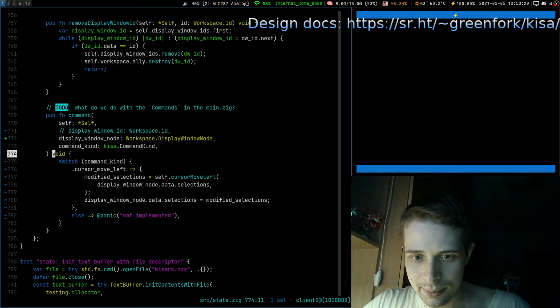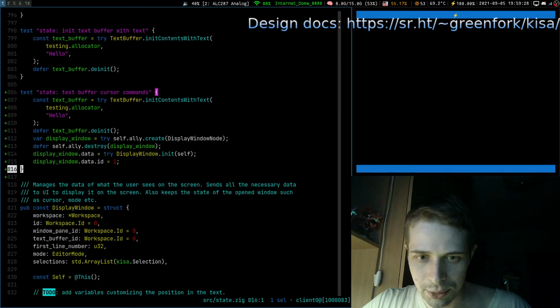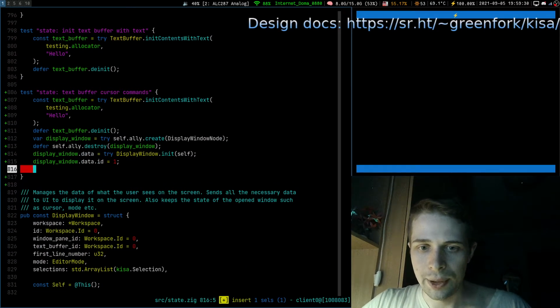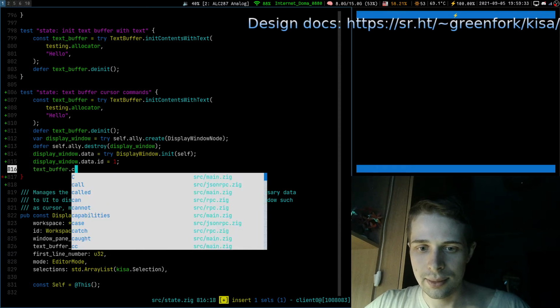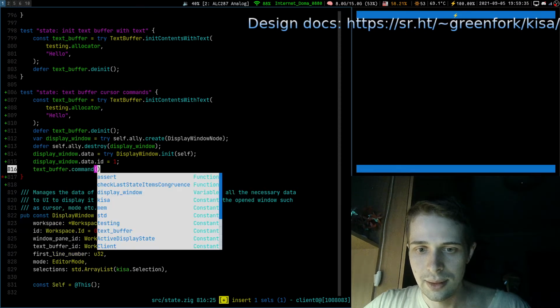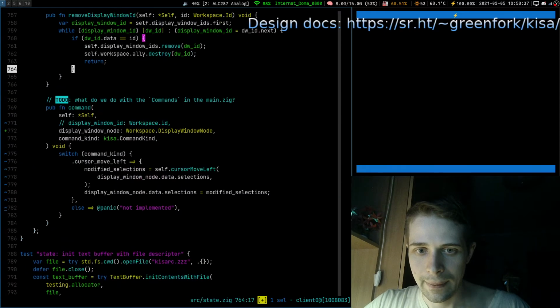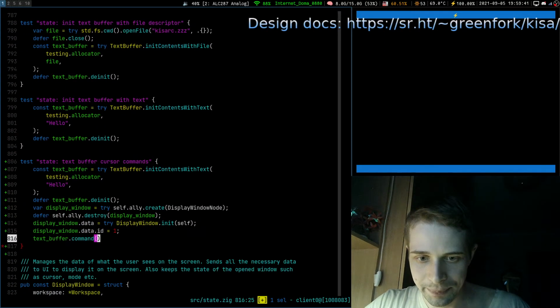Command, probably with an error. Probably not. Don't know. Let's not put it yet. And we go, text buffer command, display window node. That is correct.